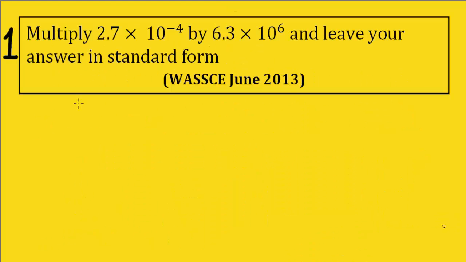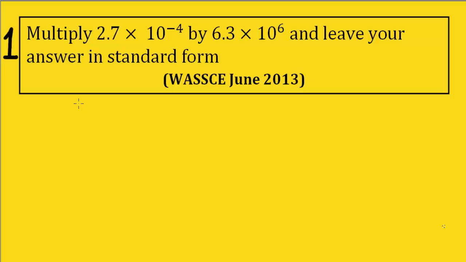Here we have the first question in the objective test, and it says: multiply 2.7 times 10 to the minus 4 by 6.3 times 10 to the 6, and leave your answer in standard form. The key thing in this question is getting your multiplication result to standard form. Everyone can multiply, but what this question is looking for is the steps taken to get your answer to standard